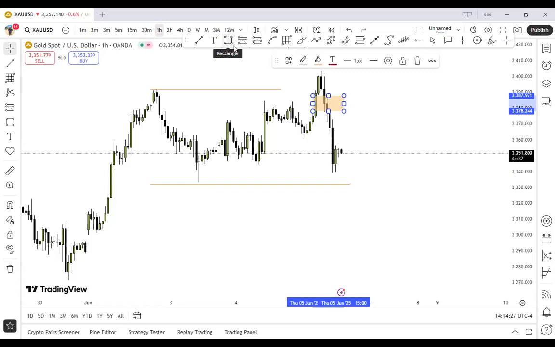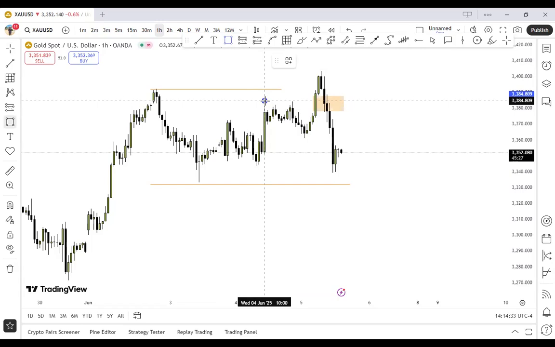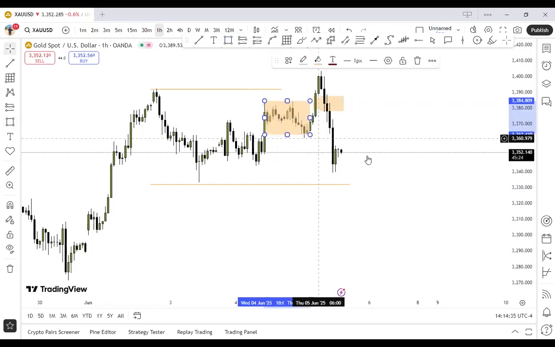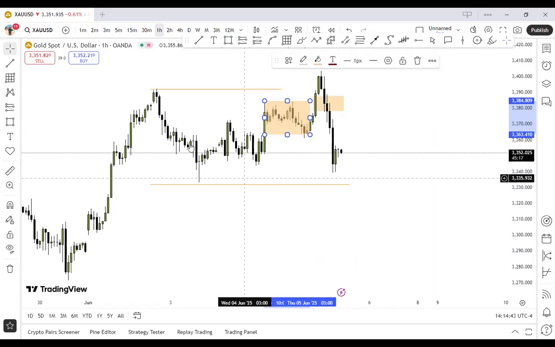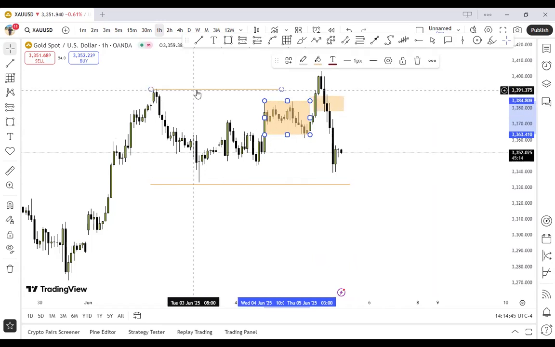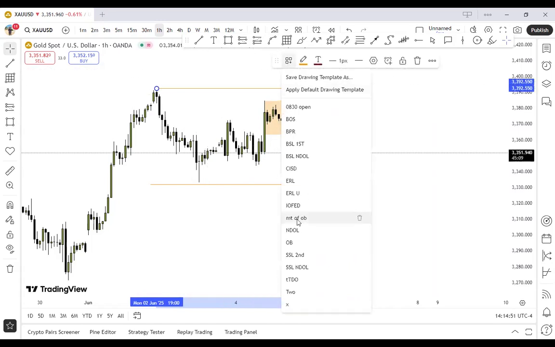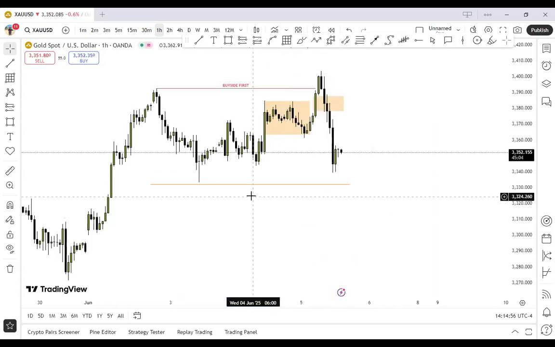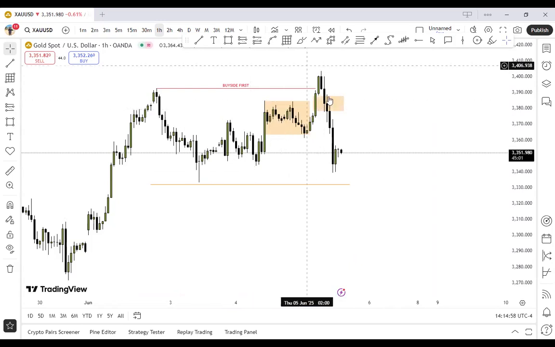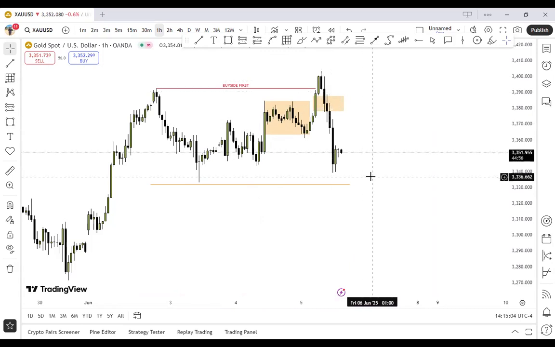And again, let's go back to the interbank price delivery algorithm. With the interbank price delivery algorithm, this is a consolidation followed by what? Manipulation. And then this is distribution. So having these two here, we have buy side liquidity taken, right? This is buy side liquidity taken. Overall, we are bullish. Weekly, we are bullish. So this is buy side liquidity taken first. And after this buy side liquidity was taken, we had this AMD, right?